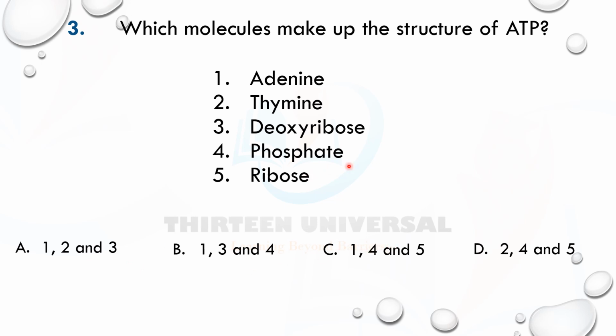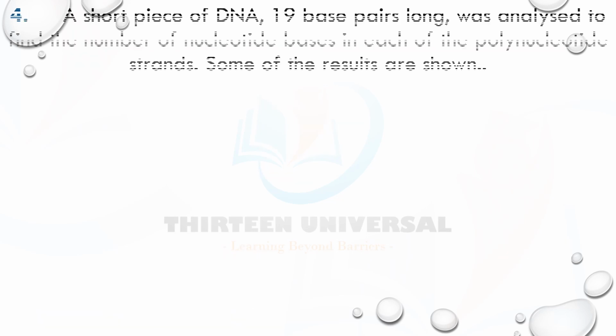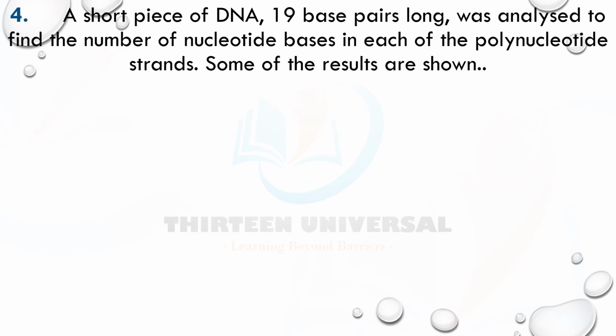Ribose is part of it. Ribose is the pentose sugar of ATP. It's not deoxyribose. So ATP contains adenine, it contains 3 phosphate groups, and it contains 1 ribose sugar. So it is 1, 4, 5. Check it out. I want to hear your comments. Okay, let's go to the next one. C is the answer. All right, number 4, a short piece of DNA, 19 base pairs